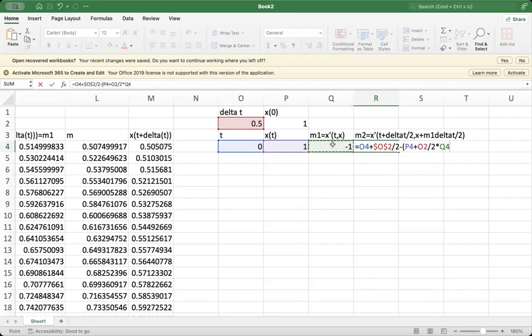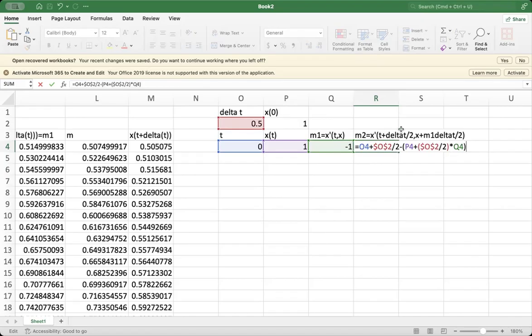I think that should do it. Let me put dollar signs on there. And then I don't think you need parentheses. I mean, the order of operations should be fine, but just in case. And so this is M2. So it's